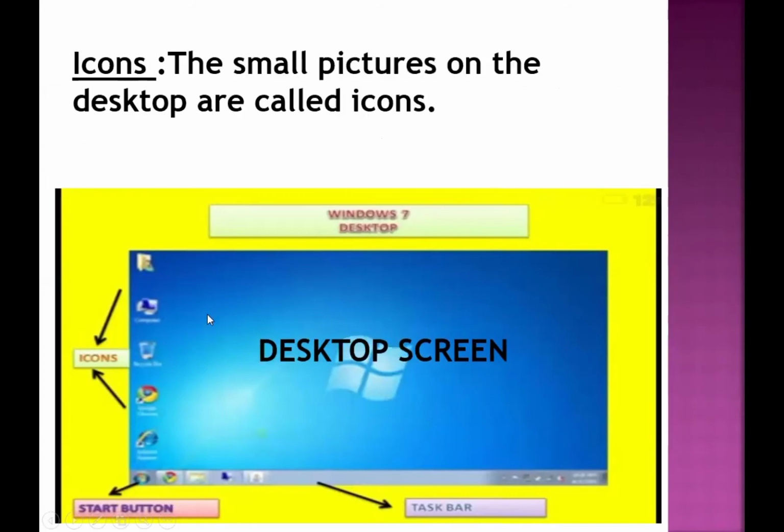On the desktop, you can see small pictures like My Computer and Recycle Bin. These are all icons. The small pictures on the desktop are called icons.